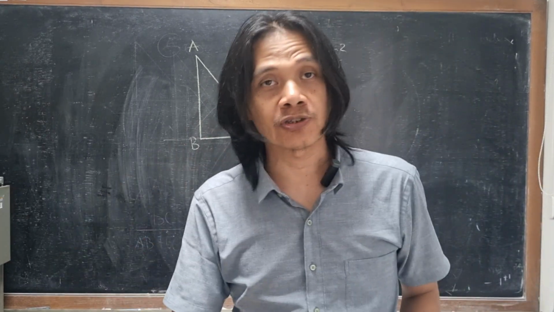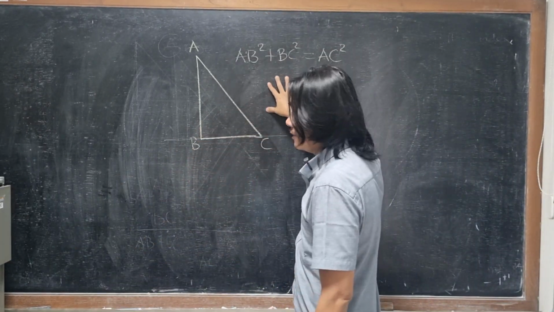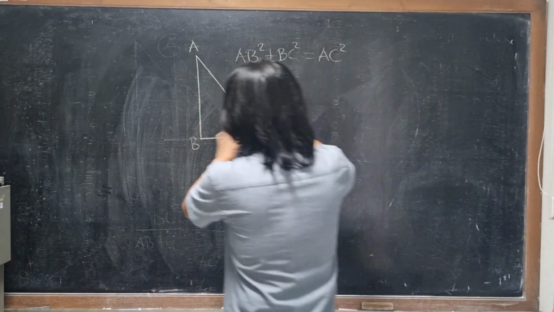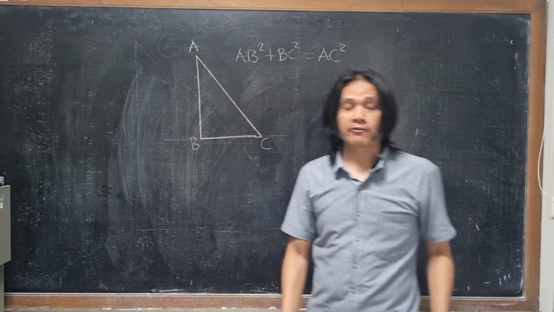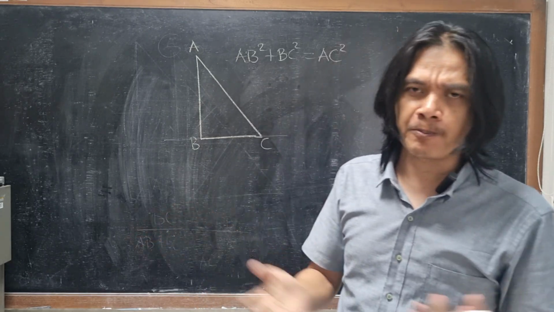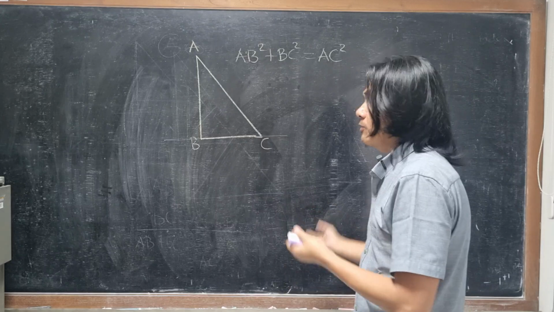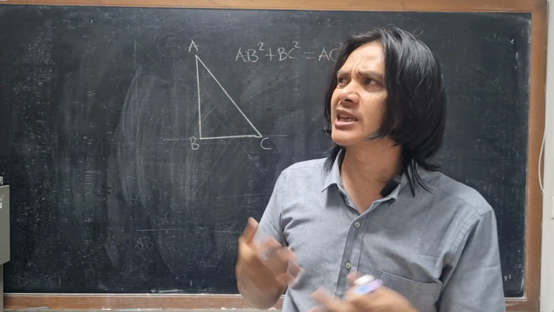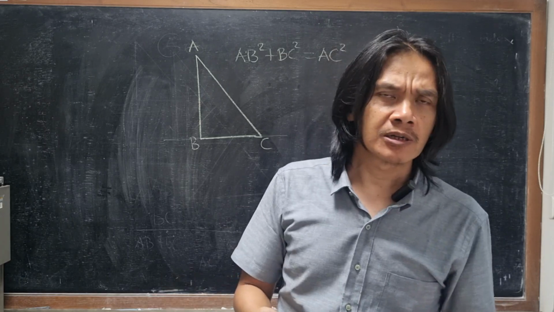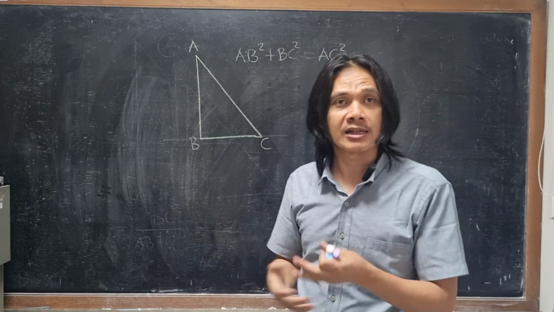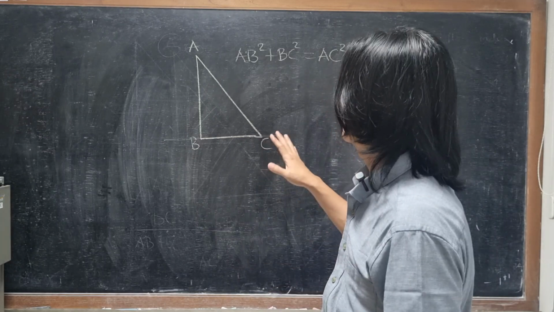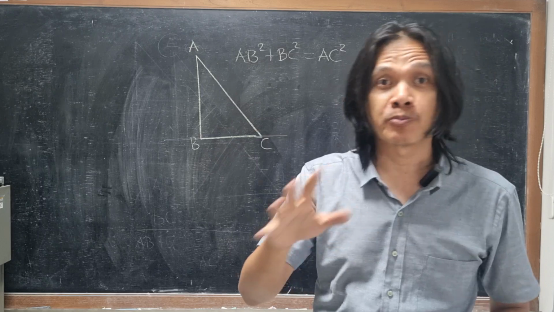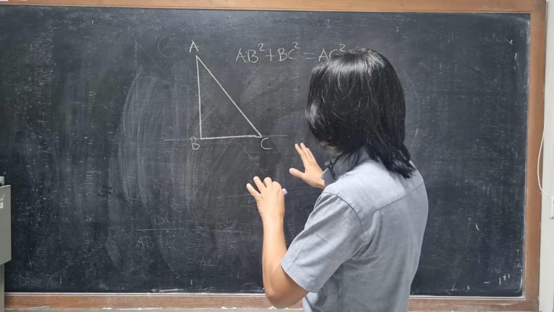For this video we are going to prove the famous Pythagorean theorem. It is also taken from the book Geometry in Figures. Of course, there are so many proofs of the Pythagorean theorem and you can pick and choose which one you like. Even someone is writing a book which consists of more than 100 proofs of the Pythagorean theorem. But forget about that. Let's just try to prove it using some